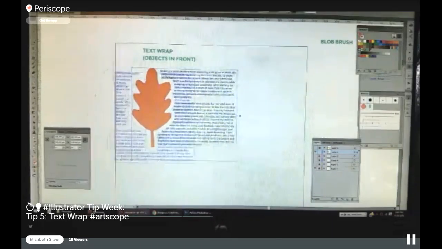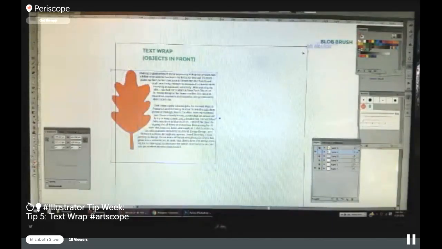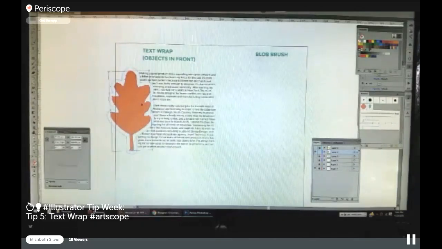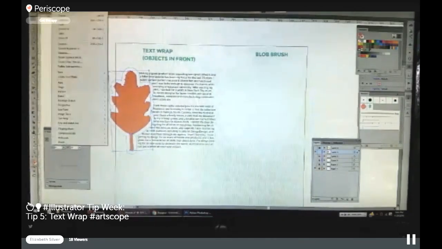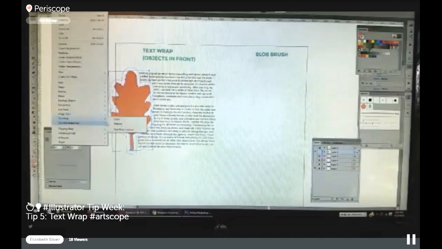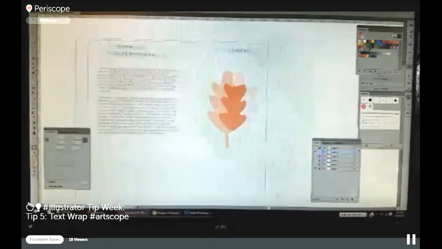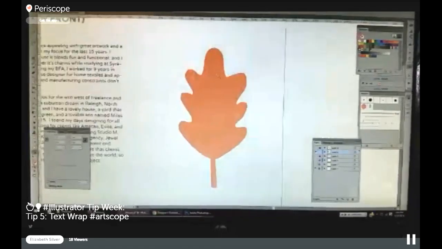So on that note, I actually have a bonus tip, and it's a new tool that I started using. Some of you might have been using it all along, I don't know, but the Blob Brush. So I'm going to Object, Text Wrap, Release, and I'm going to take back this leaf. Now, when I'm drawing with